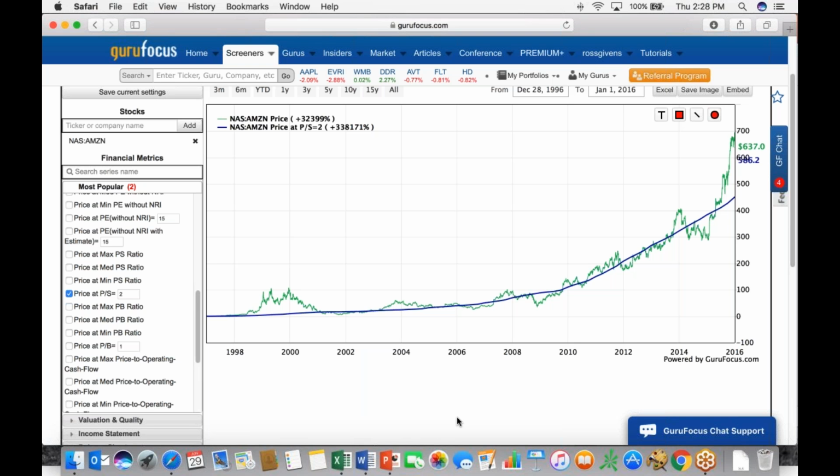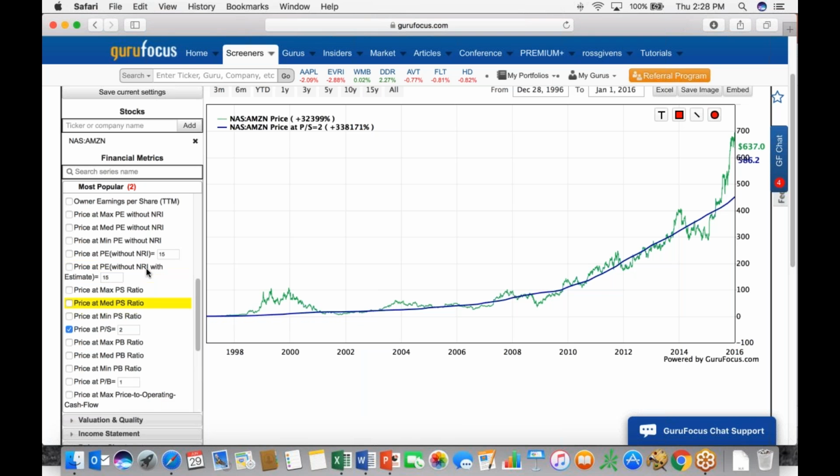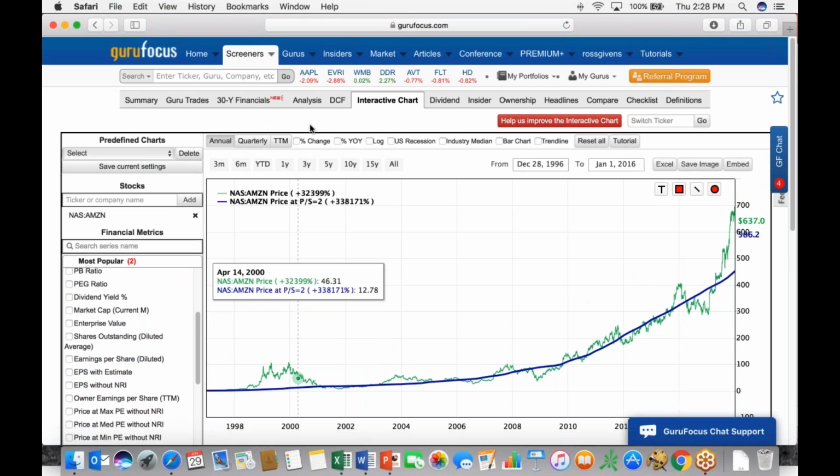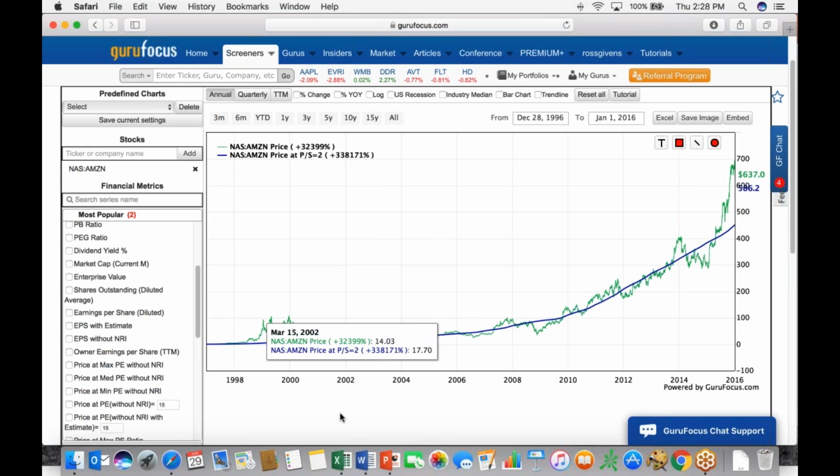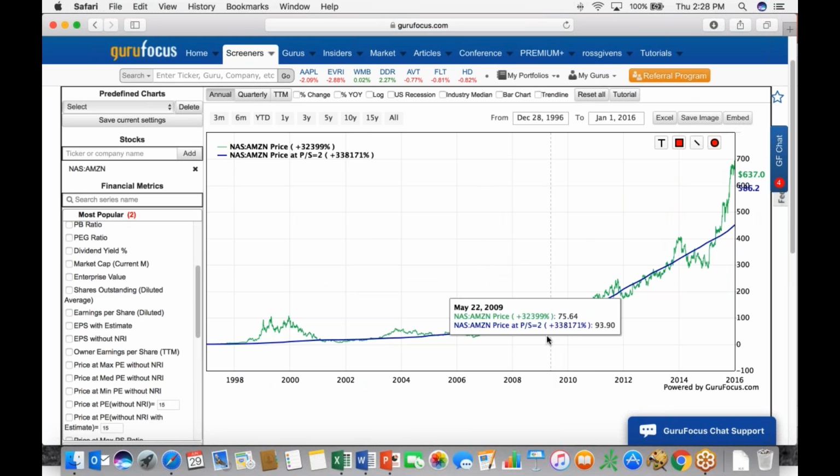And today, 51 cents of every dollar spent online anywhere is spent at Amazon. And that's why Bezos is one of the top 3 richest guys in the world. That's why this company has a market cap approaching $1 trillion. But this is how the stock was valued. It was 2 times sales. So, historically,